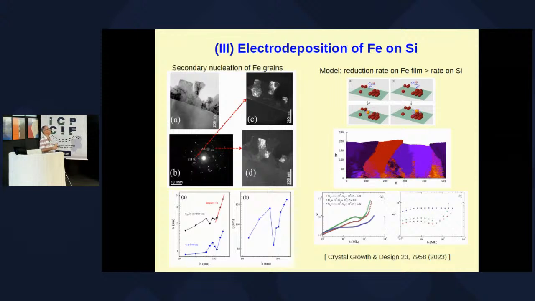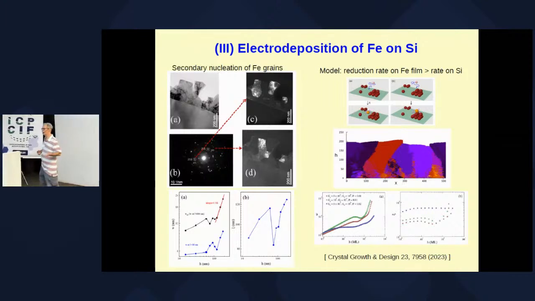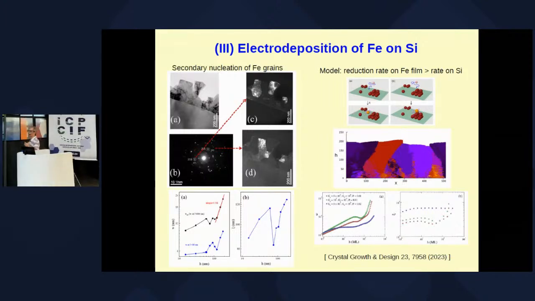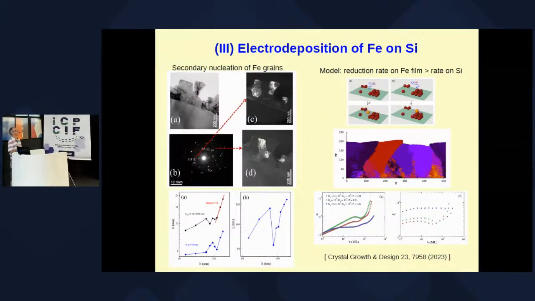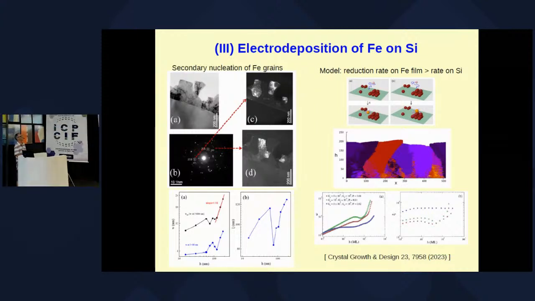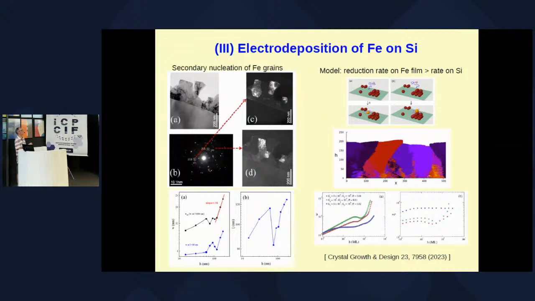This facilitates the formation of islands because iron is a metal, silicon is a semiconductor, so we assume that there will be a larger electron density on the iron deposit, and this leads to initial growth of islands. After some time of deposition, we see a landscape like this with the identification of the different grains. Our model did not incorporate the secondary nucleation, but it has several features in common with the experimental deposition, which are